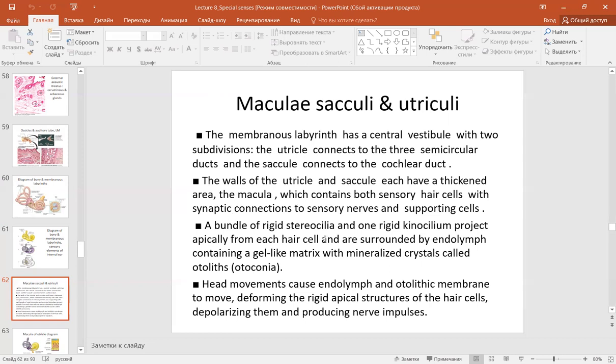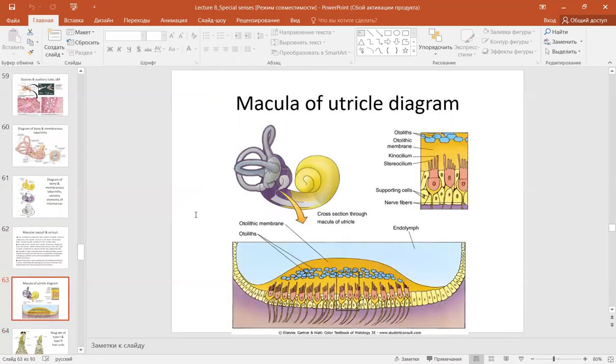A bundle of rigid stereocilia and 1 rigid kinocilium project apically from each hair cell and are surrounded by the endolymph containing a gel-like matrix with mineralized crystals called the otoliths, or otoconia, calcium phosphate crystals. Head movements cause endolymph and otolithic membrane to move, deforming the rigid apical structures of the hair cells, depolarizing them and producing nerve impulses. Here the macula of the utriculus,